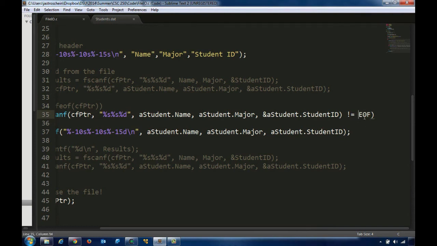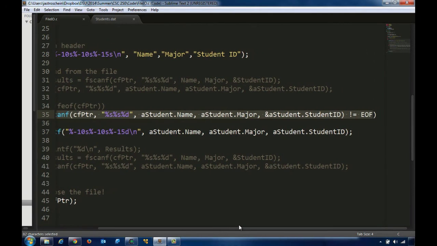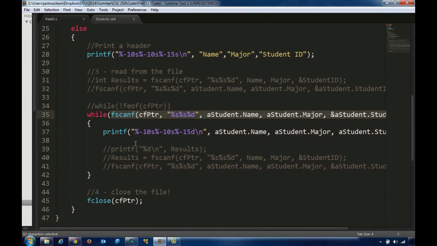Okay, so if you printed off the value of that as a numeric, you'd see it just prints off -1. So I can now take this condition and say that while fscanf does not return -1, that means it read a record in that file stream, and I can enter into this loop and print it off. Okay, so with those changes in place,